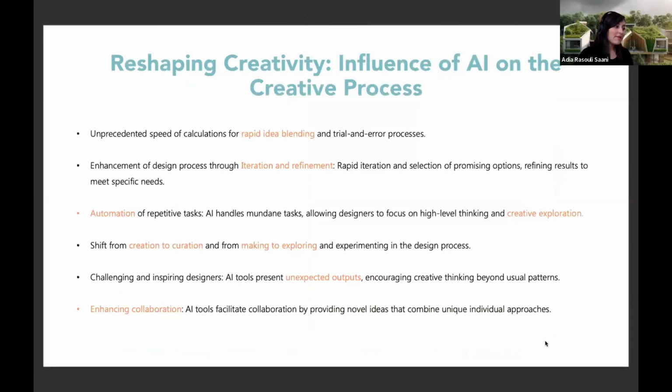So if I want to emphasize the strength point of these generative tools and how they're influencing the creative process, I would say it is this incredible speed of calculations from which you can blend ideas super fast and do trial and error at a speed you could never do in the past. Such opportunity never existed in the history of mankind. So what you basically need to be skilled at as a human is how to open this exploration and experimentation process and how to close it, meaning how to come up with different ideas and options and alternatives, test them, and how to eventually choose among them and narrow down.